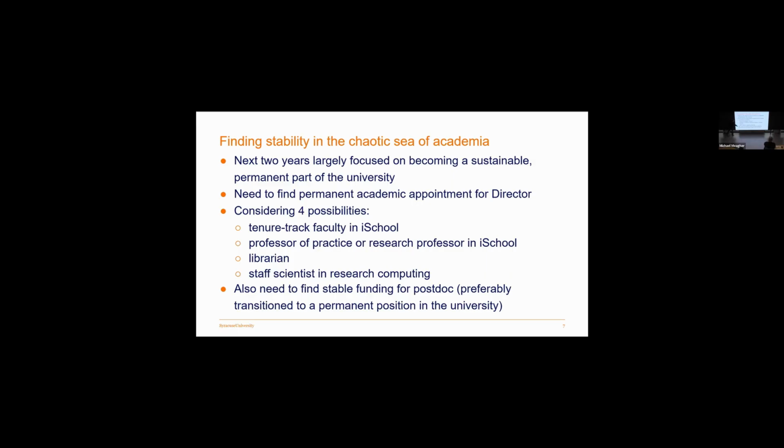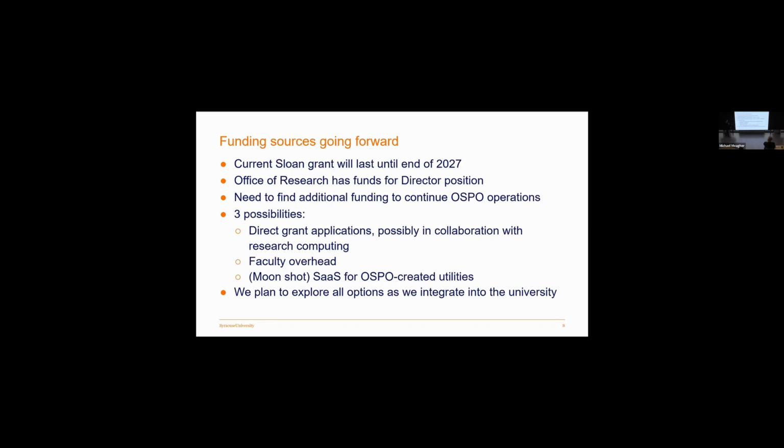The other big thing that is a huge concern for me is actually a funding issue, and that is to support my postdoc and hopefully turn it into a permanent position in the university, because I've quickly found an OSPO of just one person does not work. This would not work without two people, so I need to be able to find funding for him. So how are we going to do that? We're looking at